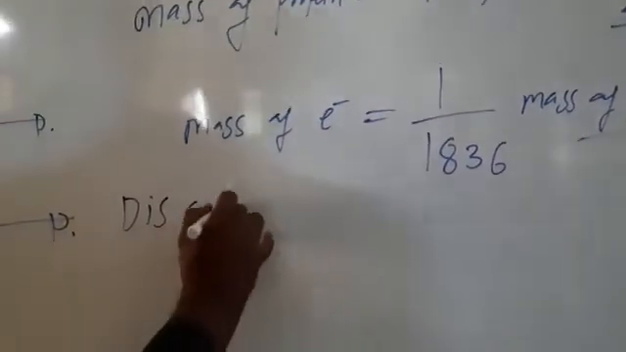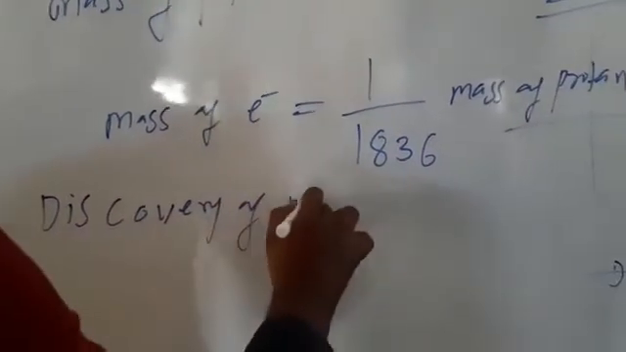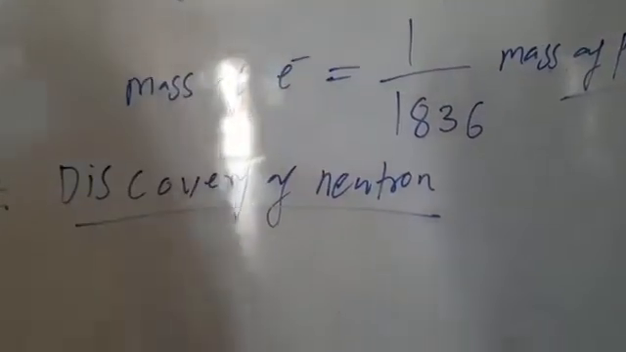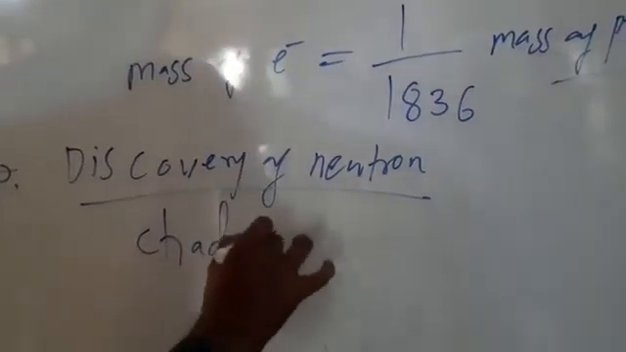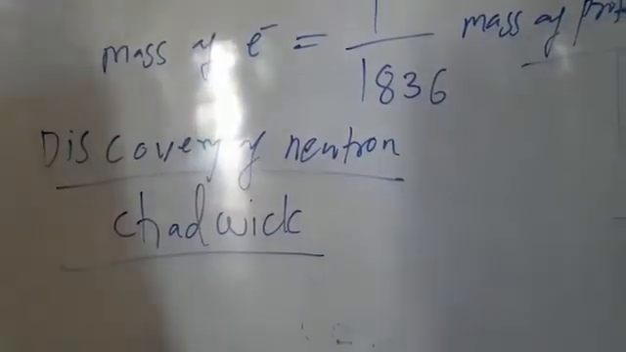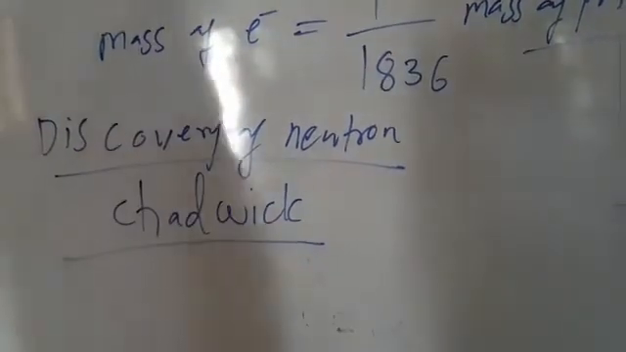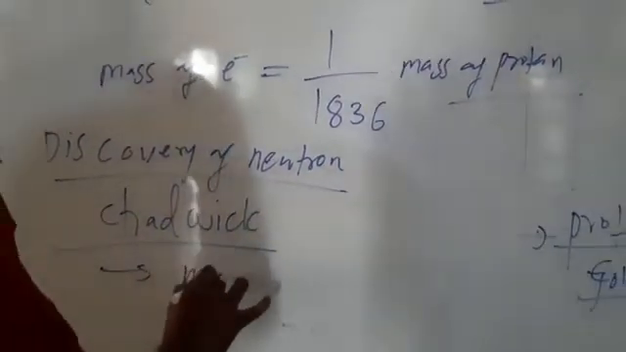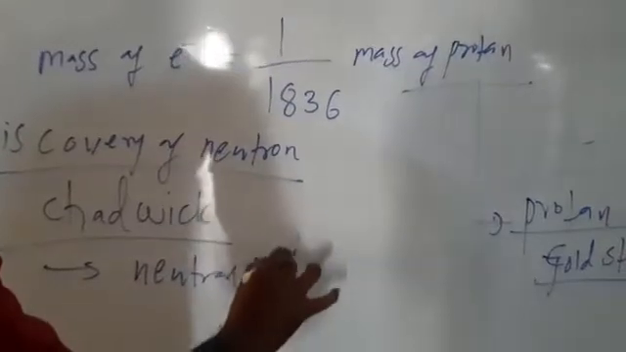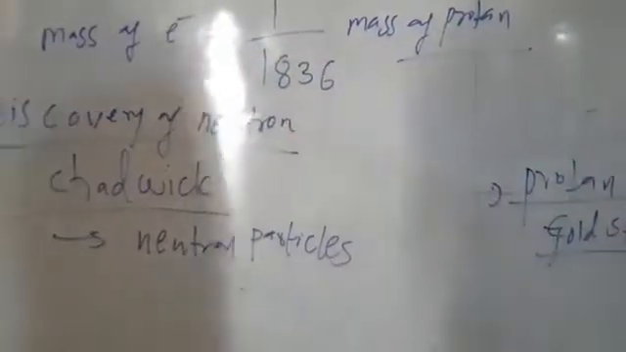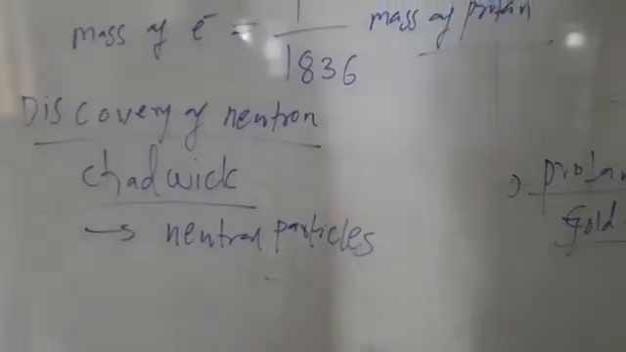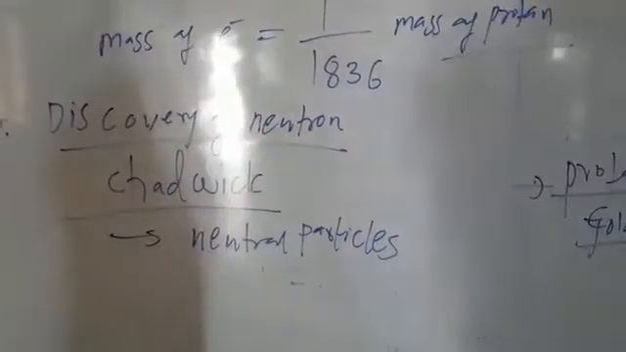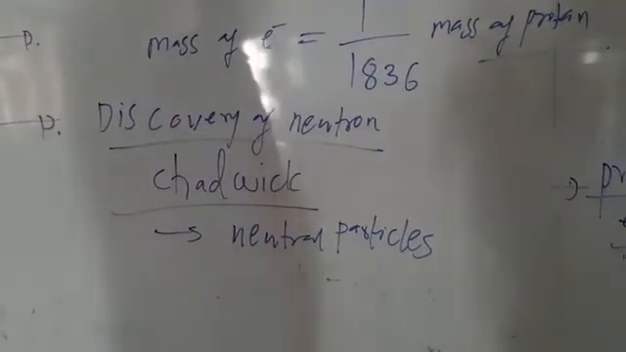Next, the discovery of the neutron. This neutron was discovered by Chadwick. Neutrons are neutral species; there is no charge. It is difficult to observe the behavior of neutral particles. But how did they discover them? Chadwick observed when